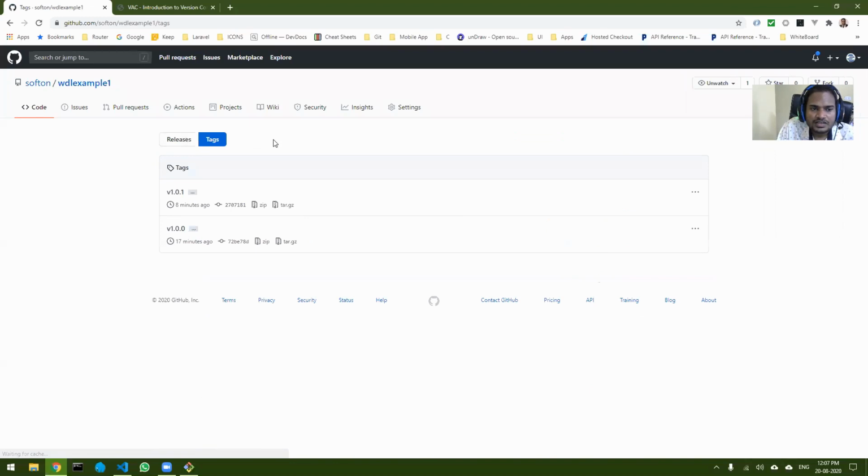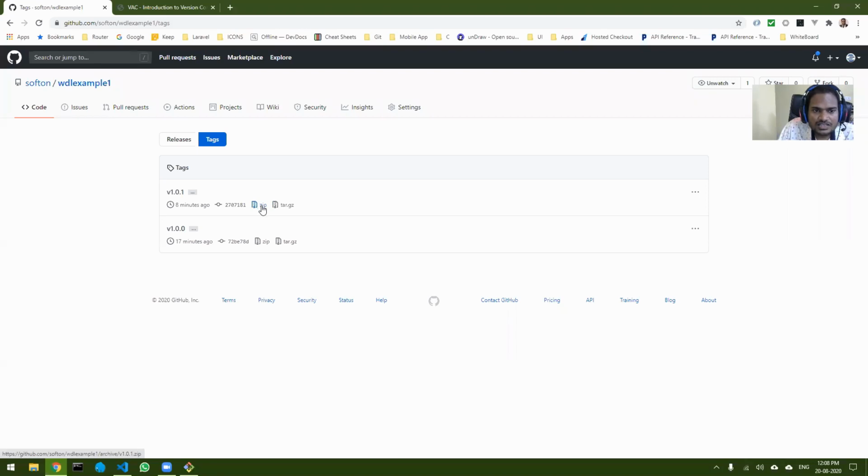Okay, you can see the best part of tagging from the side of GitHub is you can download it. Once you tag it, there is a zip file created for those particular commits. So this is how you release the software to your users.